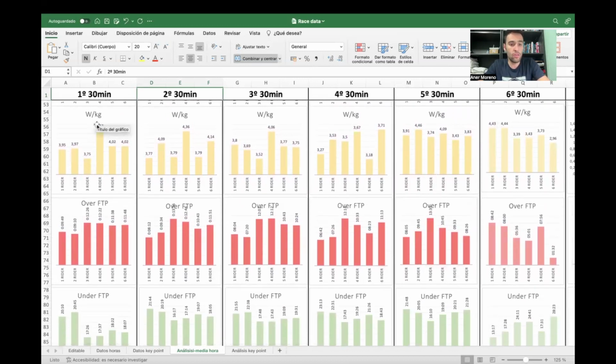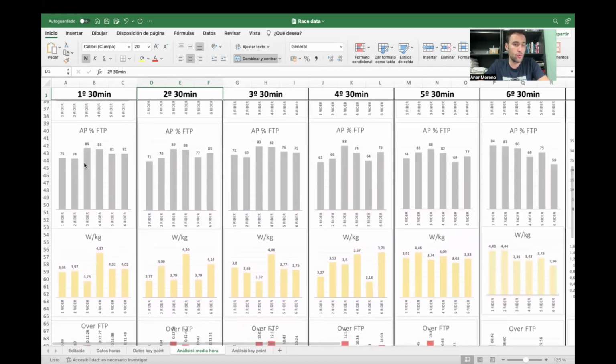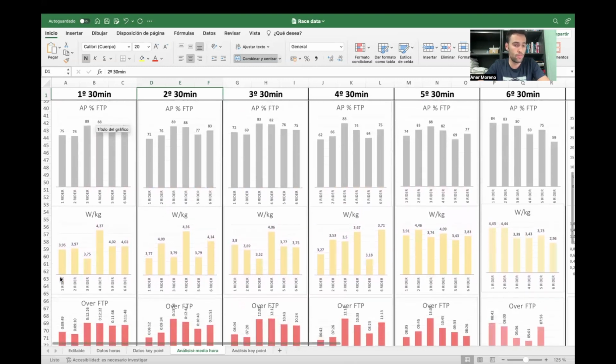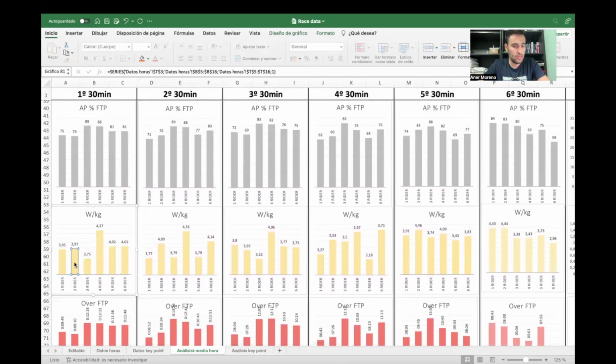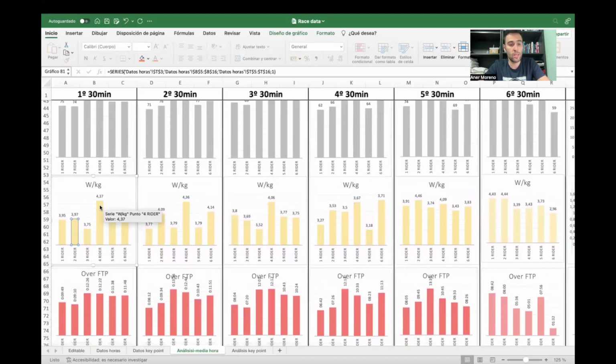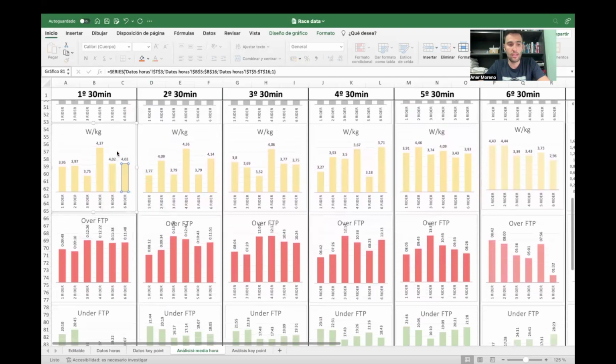Also, watts per kilogram, we can see here, this one has spent a lot of energy, but look at the watts per kilogram. We have to look at this because those three riders, the leader and the two who support him, are spending much less power than the ones who have to be in the breakaway. Take that into account for the first half an hour, second half an hour, third half an hour, and how in the last half an hour they are able to sustain a higher power per kilogram than the other ones.